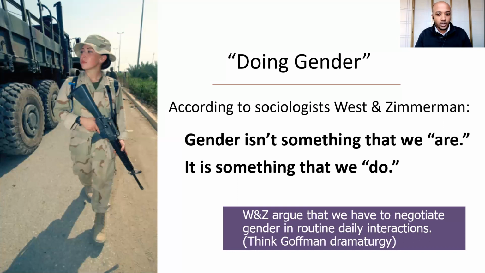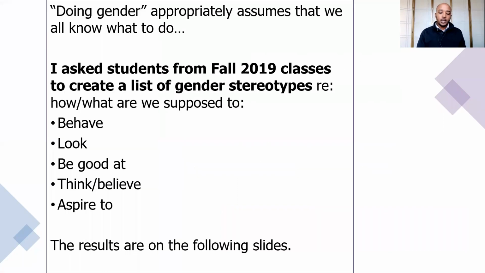Now, gender differences do exist between men and women in terms of the way they dress, in terms of different activities they are involved in, and what men and women say they want. However, sociologists, and specifically sociologists who take the symbolic interactionist approach, suggest that the differences we see between men and women are, again, a social, cultural product, not a fact of nature. If the way West and Zimmerman conceive of gender is a real phenomenon, that it's not something that we're born with, it's not natural, but instead it's something that is produced in our everyday interactions, something that we perform, something that we do,